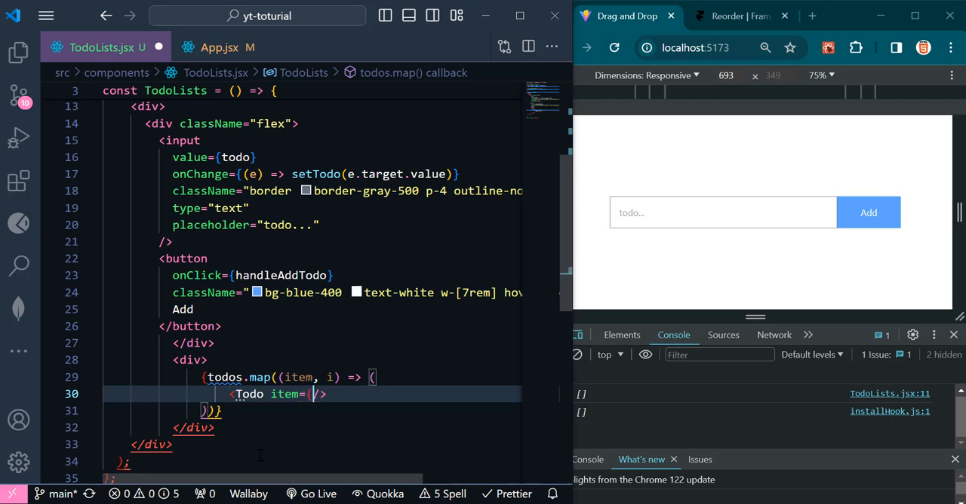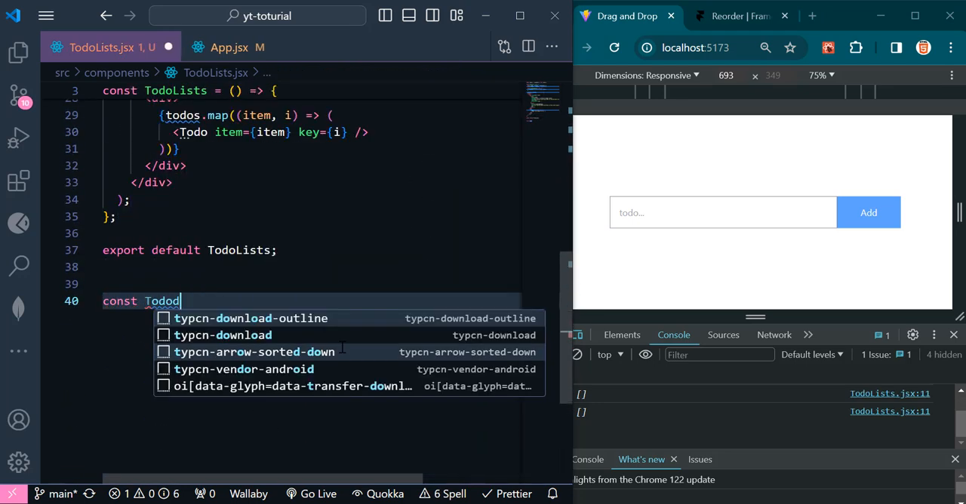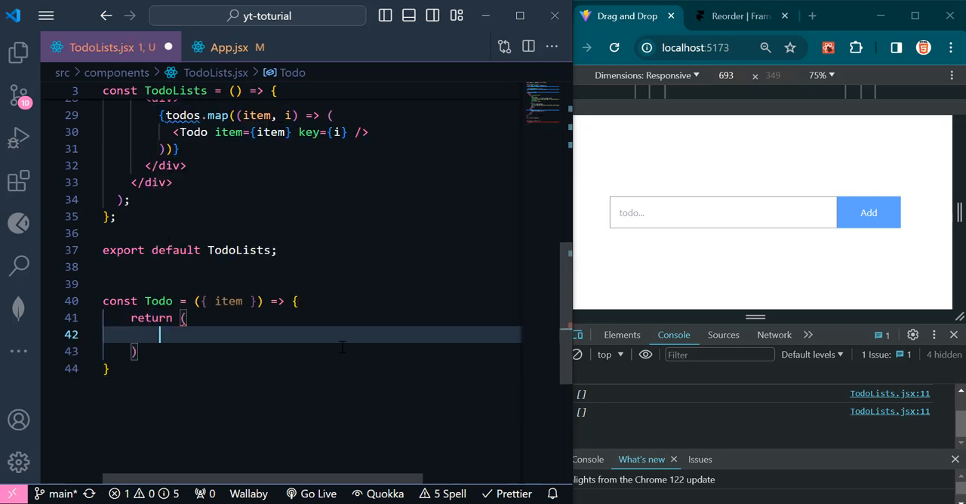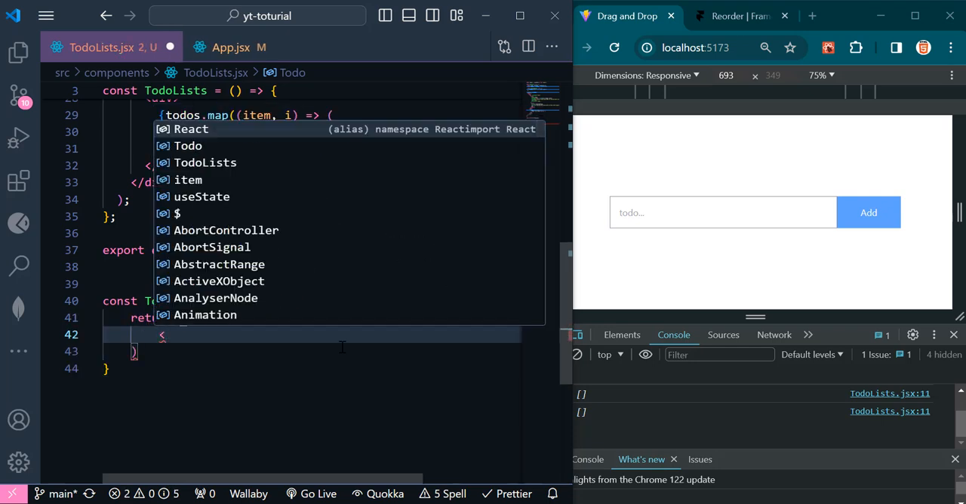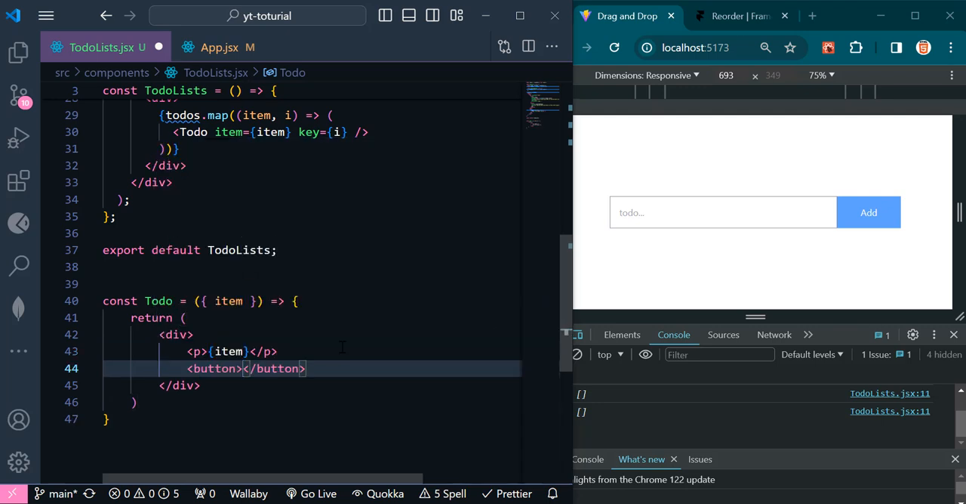I'm gonna pass this item to this component, and finally this key should be indexed. Okay, so now down here I'm gonna make this component, and let's receive this item, and finally we're going to return a new div in here. So inside this paragraph we are going to print this item, and we need to have a button to remove